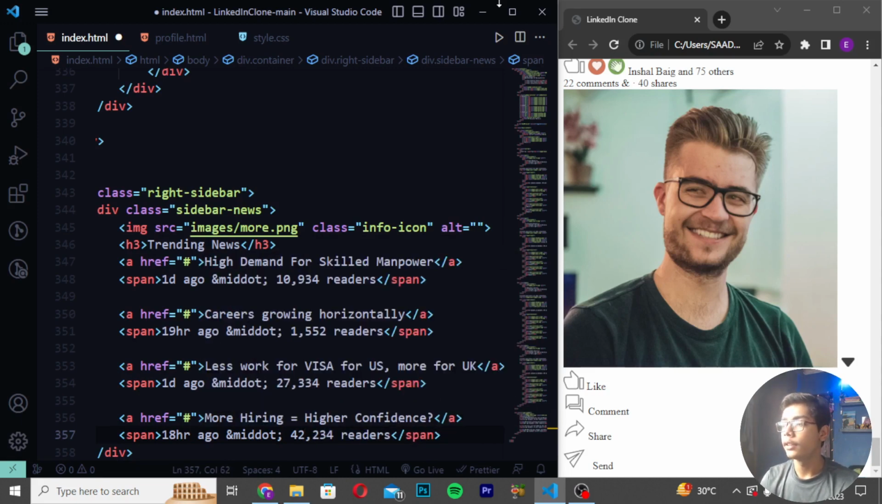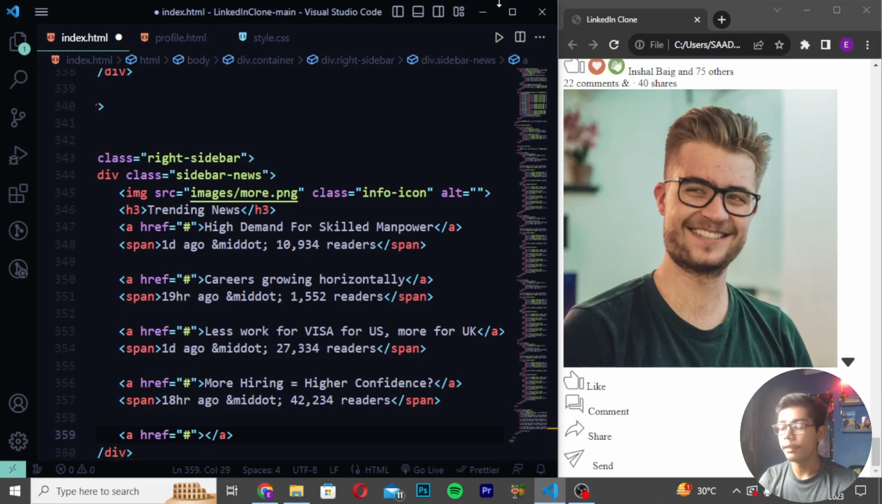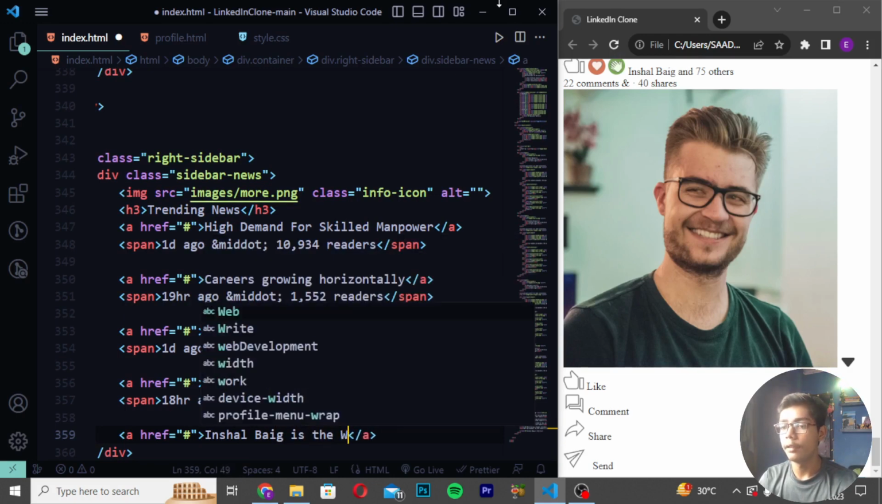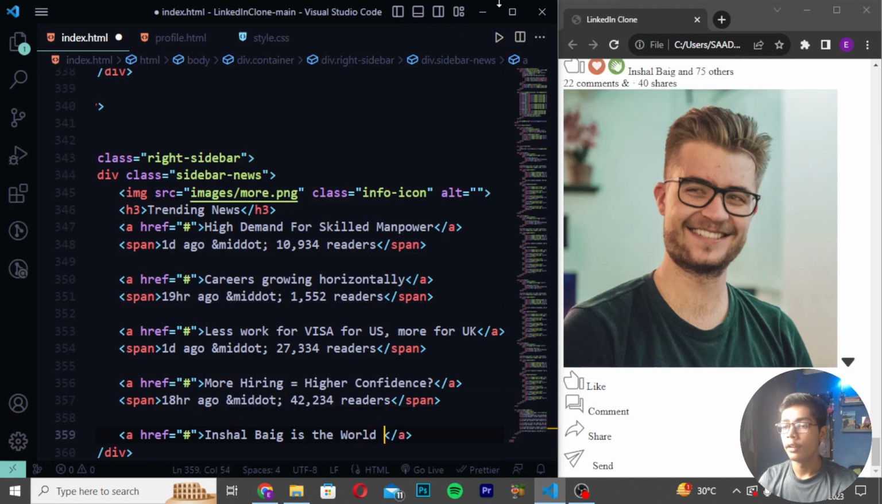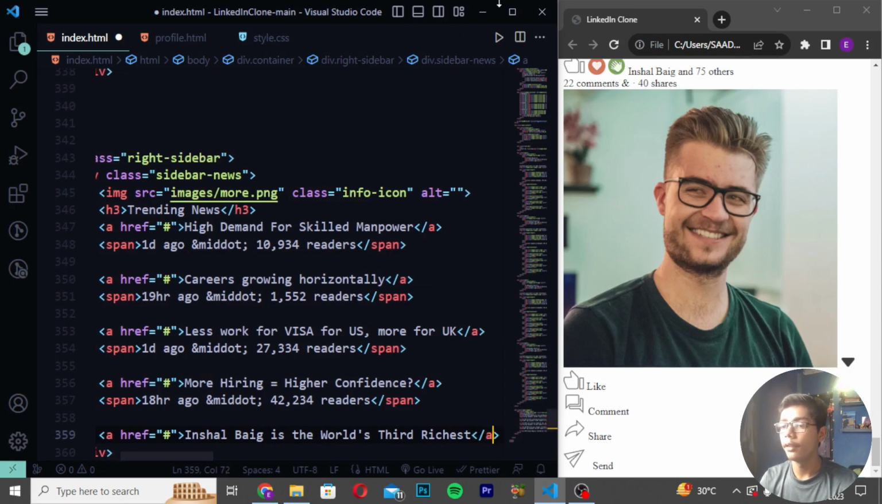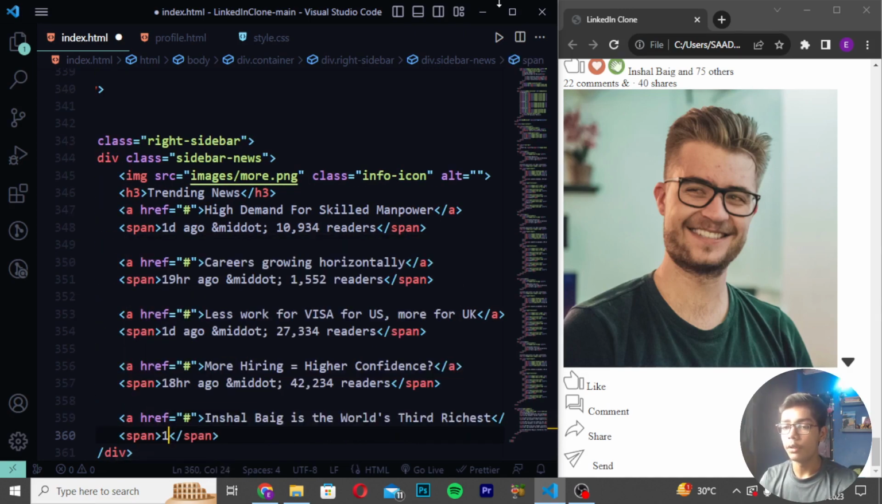And then when you've written this, you have to create an a tag in which I will be writing here again my name is the, so here I will be writing is the world's, so here I will be writing is the world's third richest. So here I am writing an example, you can give any example which you want to give. Here I will be writing 12 hours ago. Then I will be creating here mid dot, and in mid dot I will be writing 16,234